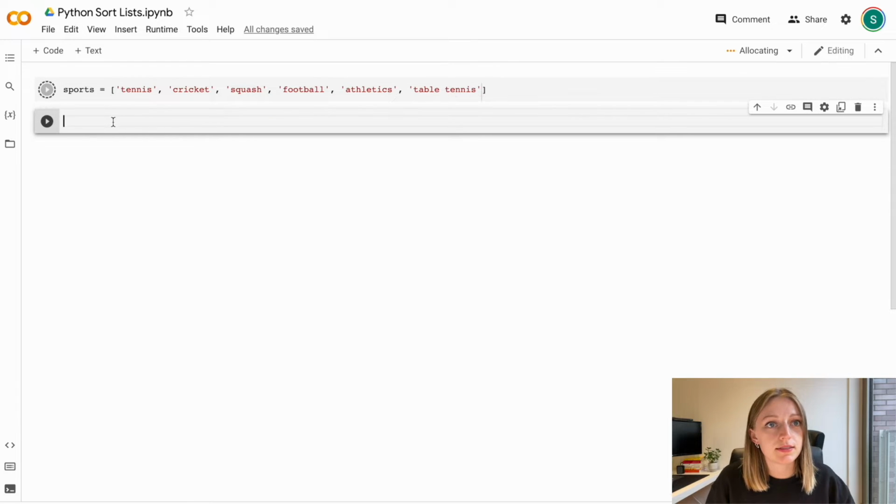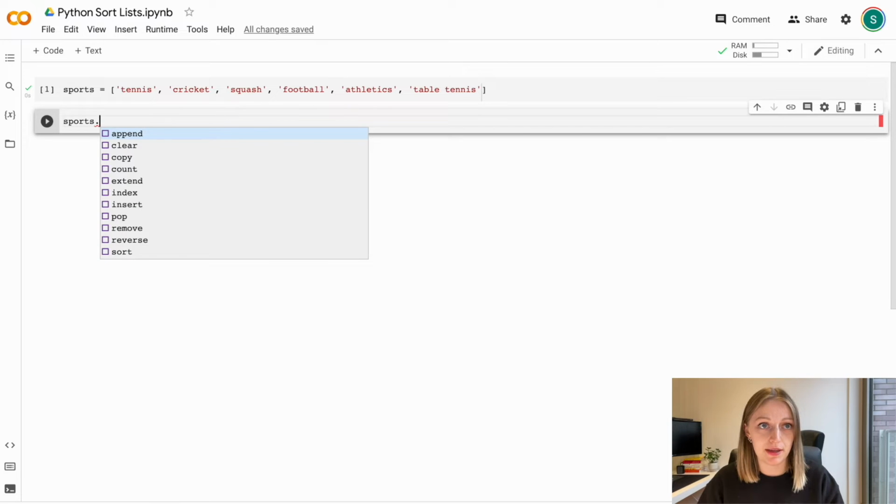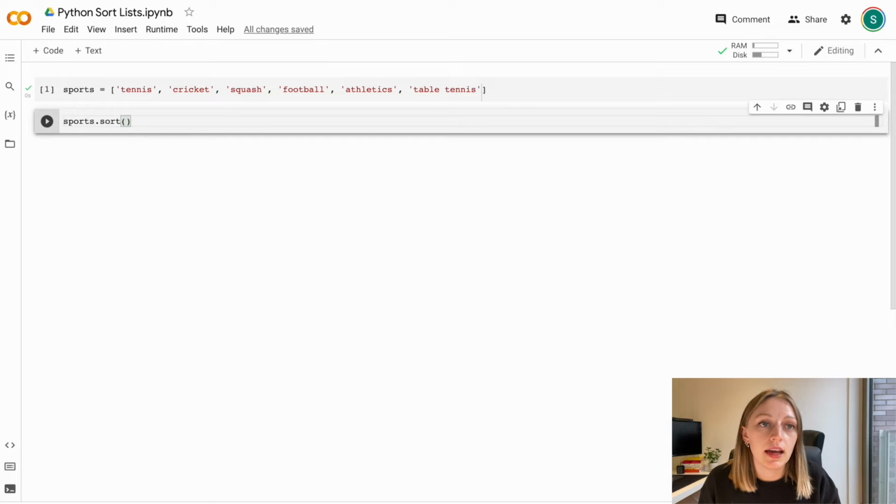Let's create that list. Now we're going to apply the Python list sort method to this. The way that we apply Python list methods is the same regardless of the method, pretty much. In the previous videos we used things like index, append and extend. If you remember, we always put the name of the list, so sports, and then we put the method, and here we're using sort. It has optional arguments, so we don't have to put anything within these brackets. So if we just run it like this,